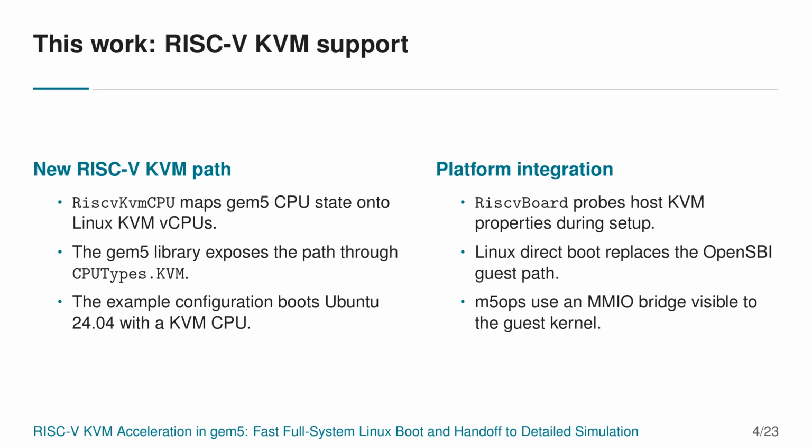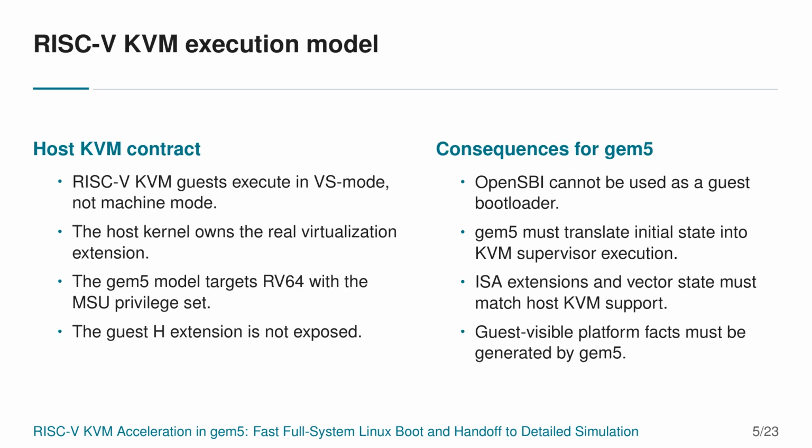RISC-V KVM enters the guest in VS mode. The host kernel owns the hardware virtualization extension, and the guest Linux kernel does not start in machine mode. That means the normal OpenSBI boot path is not the right model here. gem5 prepares the initial guest state for supervisor execution and generates a platform description that matches the KVM vCPU. The same applies to ISA features. If the host KVM implementation does not expose an extension or vector state, gem5 cannot present that as a working